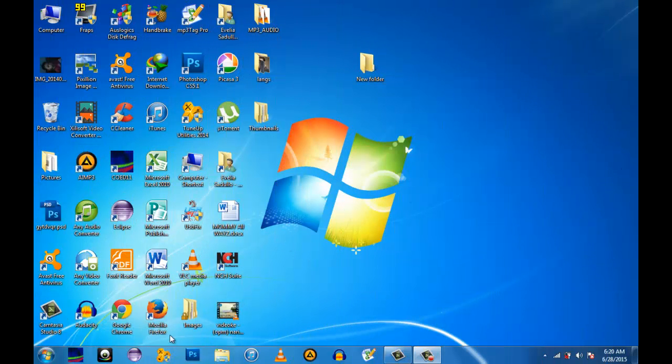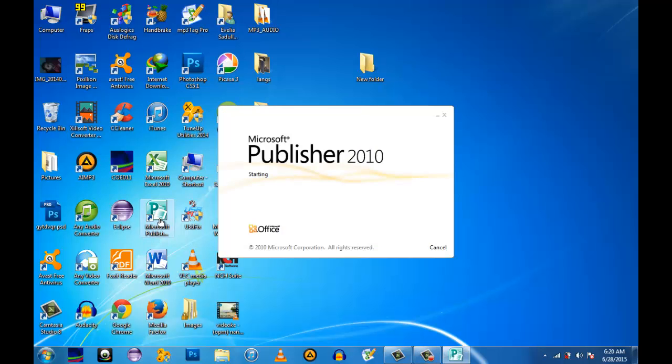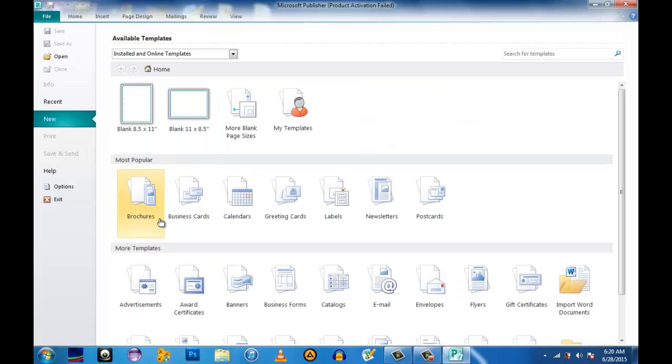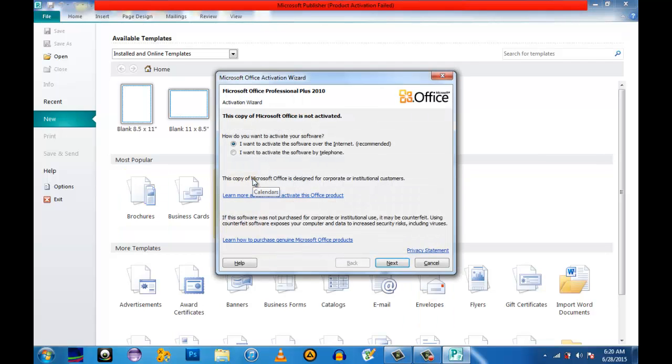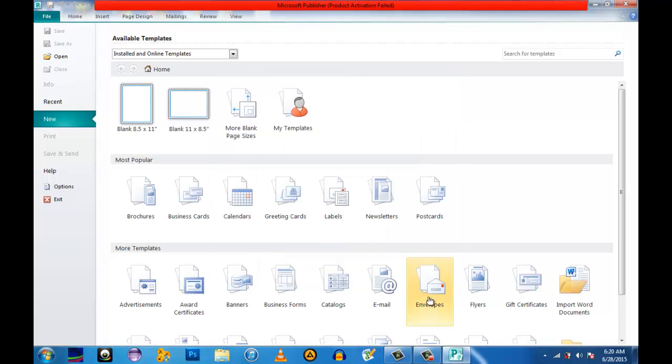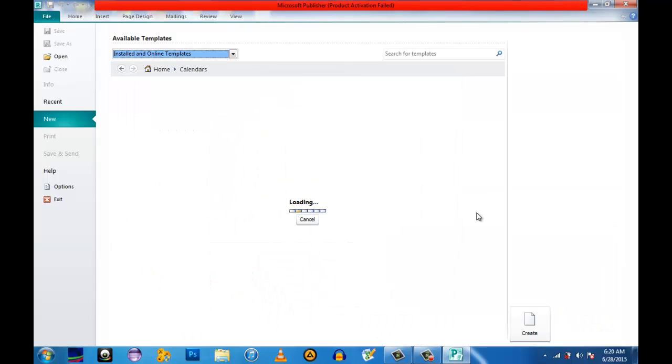This time I will be teaching you how to make a wallet size calendar using Microsoft Publisher. So this is another project for you to learn. Okay, let us open the Microsoft Publisher and select the template, the calendars, and then